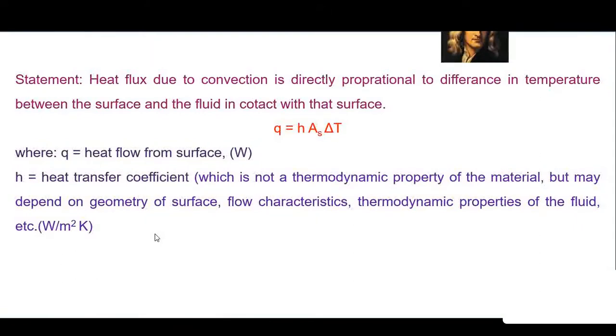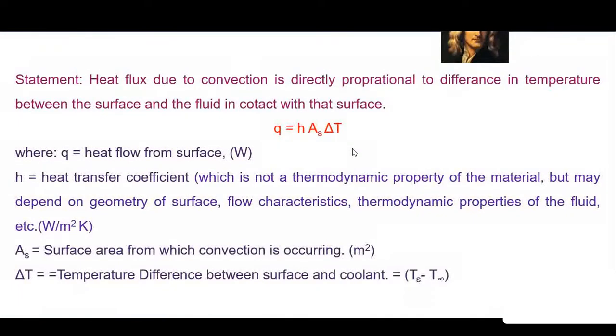Right now we are not going to discuss much about this heat transfer coefficient. We'll discuss it in unit number 4 in much more detail. Right now, what you need to remember is simply this equation and how we can find the rate of heat transfer by convection using a very simple equation, where h stands for heat transfer coefficient, A stands for the surface area, and this ΔT is the difference in temperature of the surface and the fluid. So this is shown in the slide.